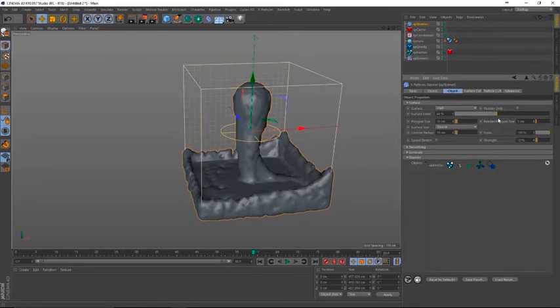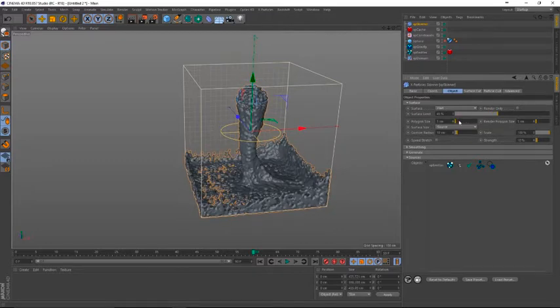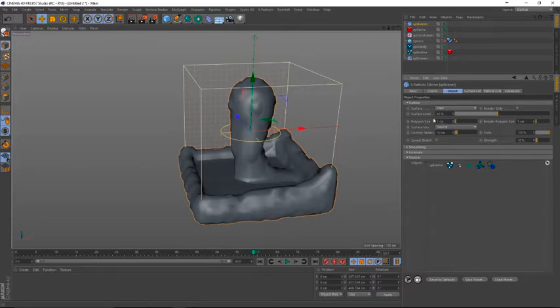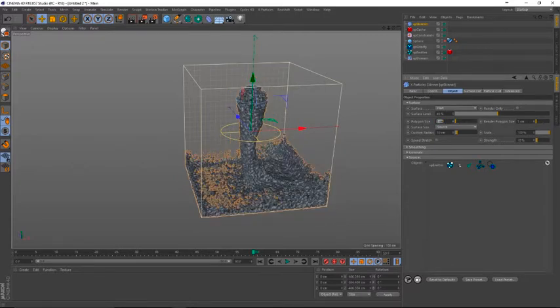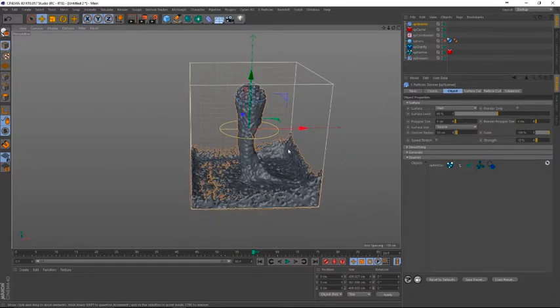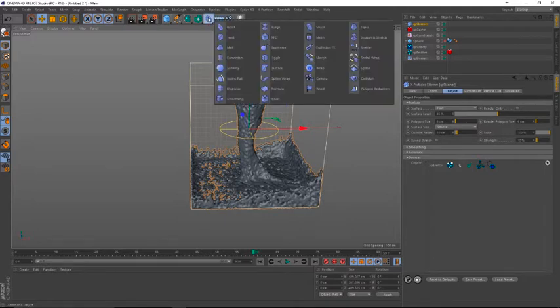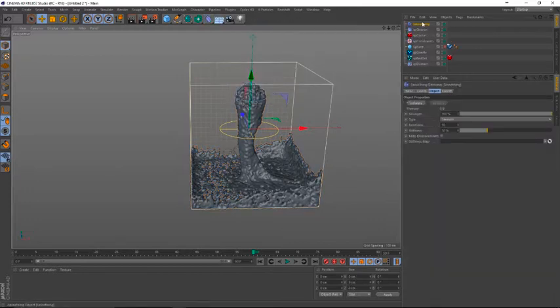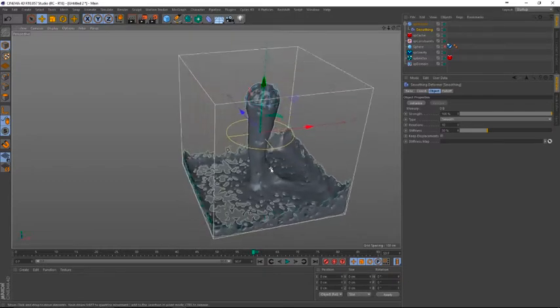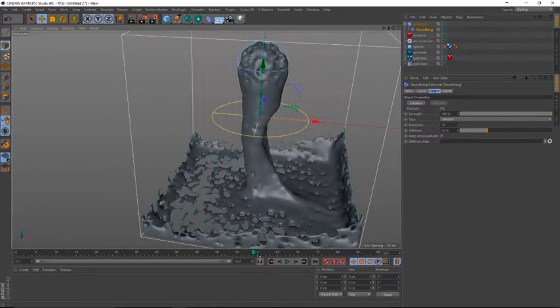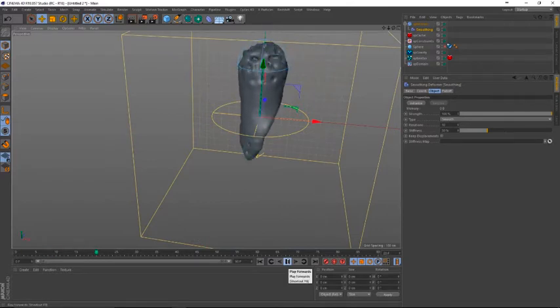One, reduce your polygon size. Just remember that whatever polygon size you do here, once you get it to a size that you're happy with, you match your render polygon size as well. Now, I know that looks fairly not great, but if we add smoothing to the skinner. Okay. Start to see that that is the beginnings of potentially something